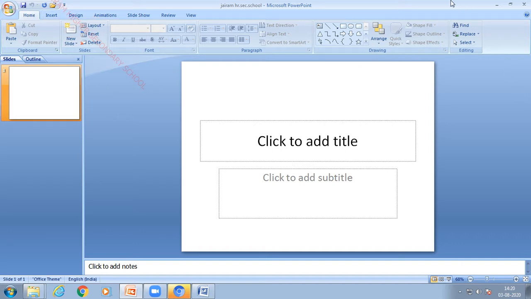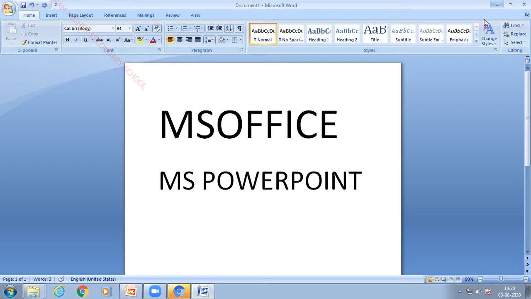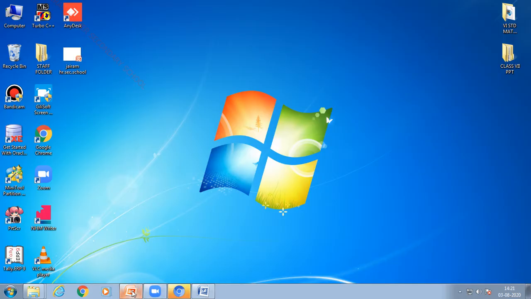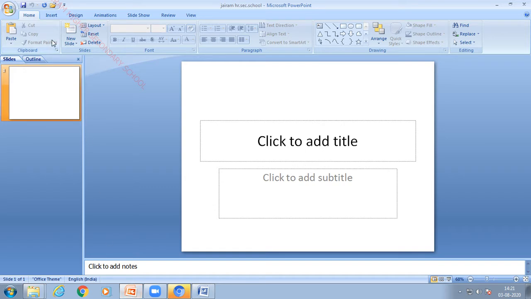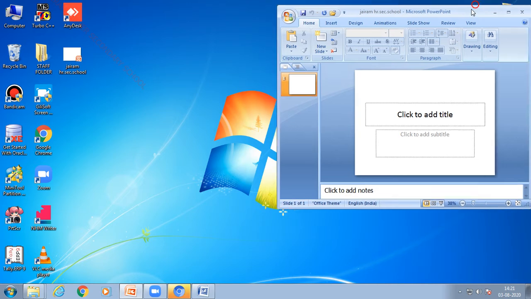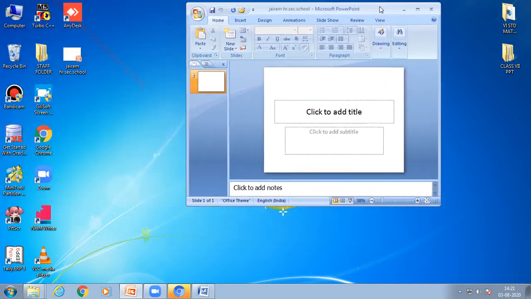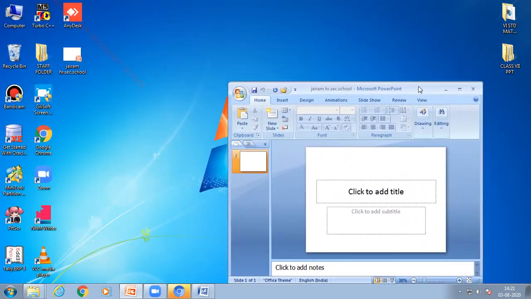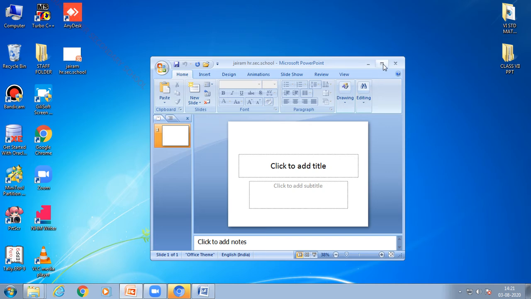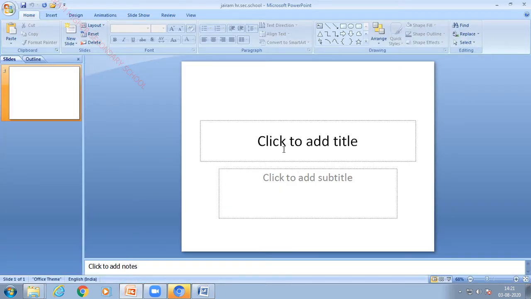Next, in this top right corner you will be having a minimize button. You know that well. If you press this minimize button, the particular document is placed on the taskbar. Once again if you click the same icon, it will come back to the previous position. If you click this restore button, the particular window will shrink. So wherever you want you are able to move this window. Can you see here? So this is the way you can move. Again if you press the same restore button, it will come back to the previous position. So here we have a close button. If you click this close button, the particular document will be closed.